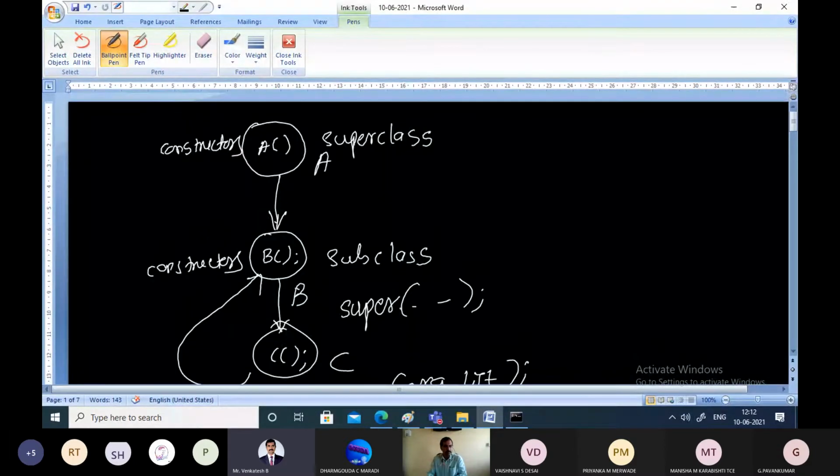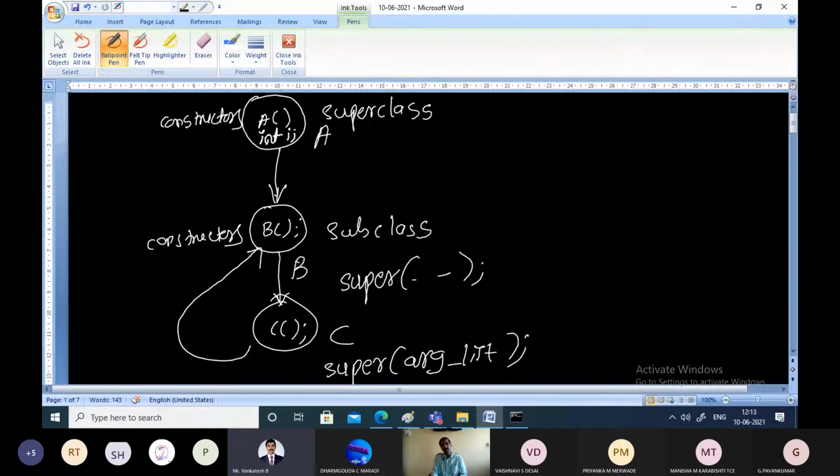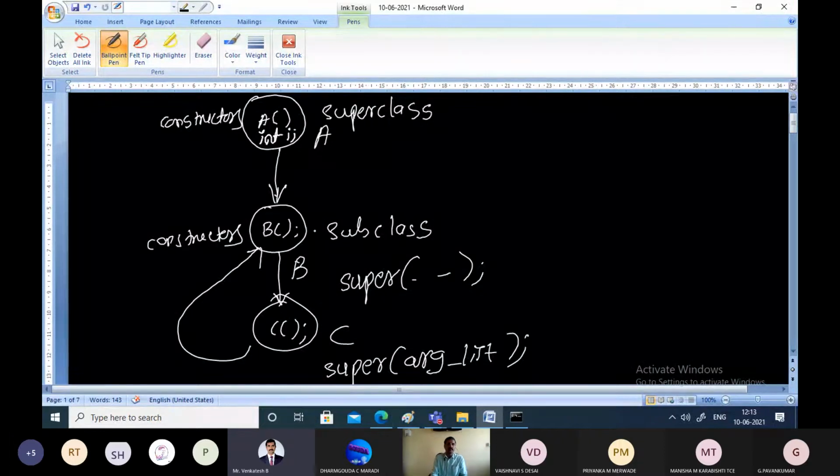For example, consider this same scenario. Assume there is a variable of integer type i in the superclass A. If you want to access this member i from the superclass while executing in the subclass B, that is possible.